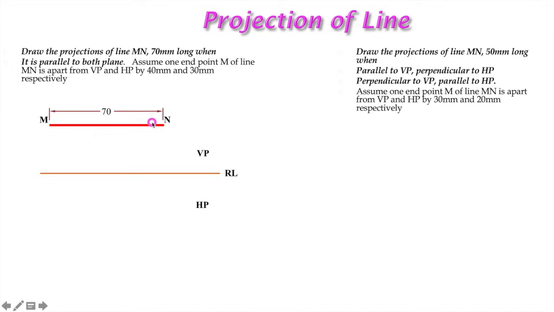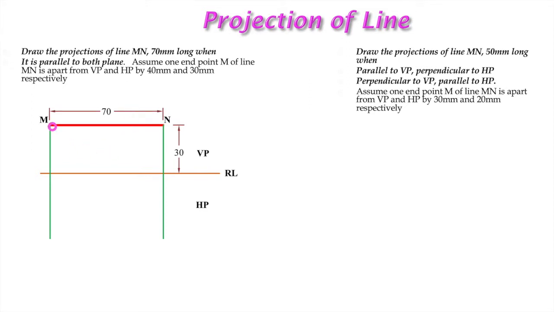Now from this 70, it is at a 30 mm distance, which was given with respect to HP, meaning above HP it was 30, and that will be implemented on VP. So in VP we give a 30 mm distance, and we have drawn this line. Then we have to draw the top view. It is the front view, then the top view.